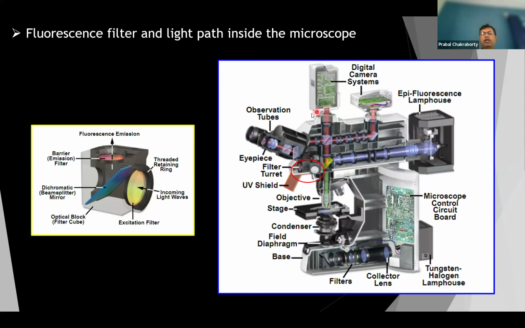Now, if we talk about the light path with respect to the microscope, this is the fluorescence illumination, and from here light is coming, and this is the filter block. You can see this is the dichroic mirror through which the light is going to your sample, and whatever emission is coming is either going to your camera, or there might be a small optical fiber which is going to your